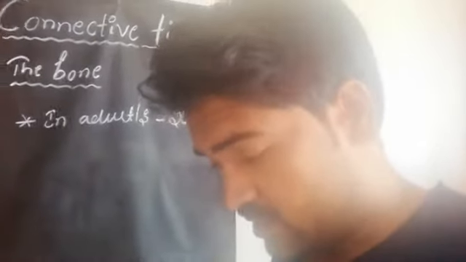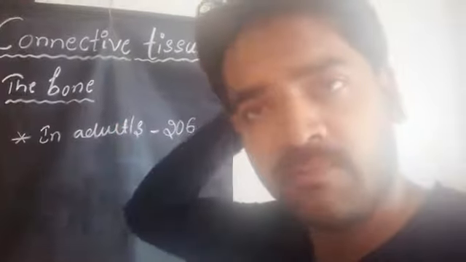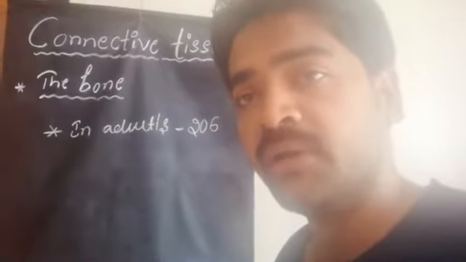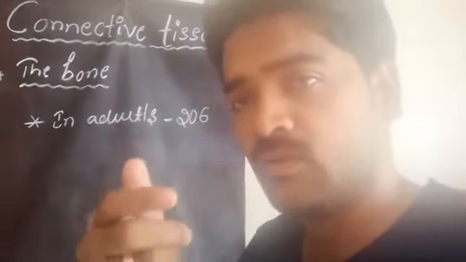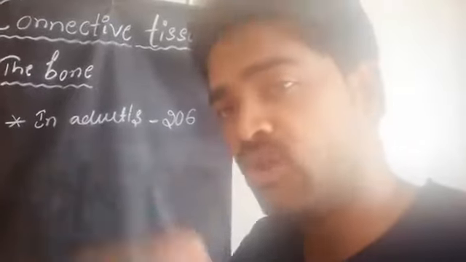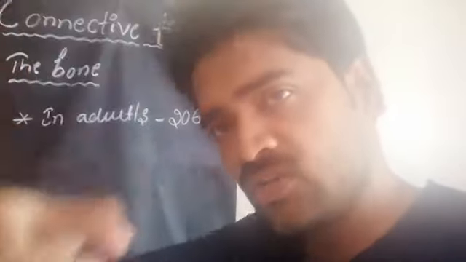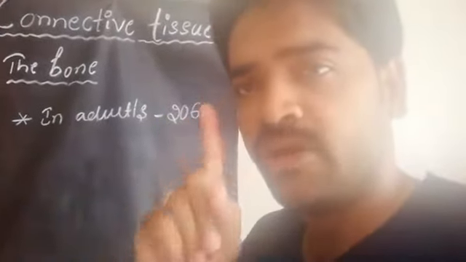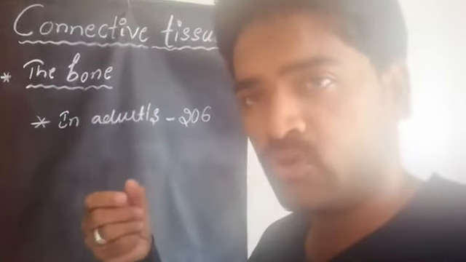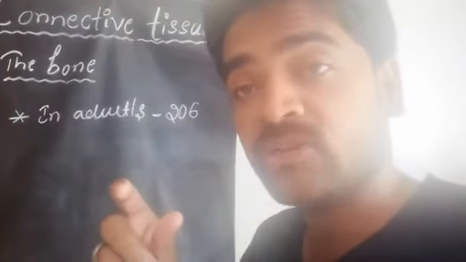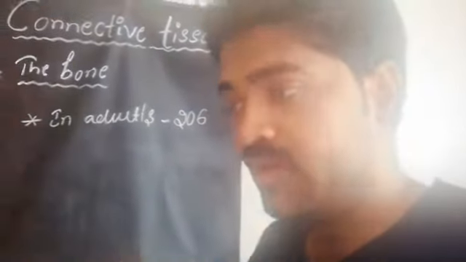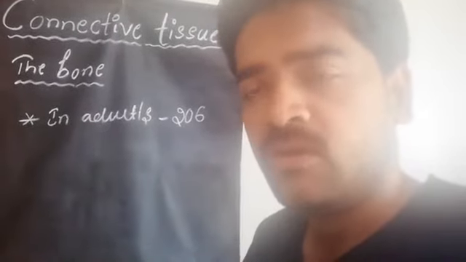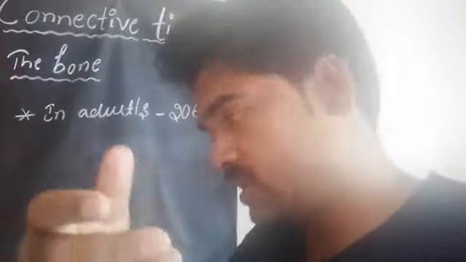You may say, sir, this backbone is the longest bone. No, it is actually made of so many bones. Very different bones are joined together. They make one series of bones, that is called the vertebral column. So it is not only one bone, it is made of a series of bones. It is not actually called the backbone, which is the word we regularly use, but the vertebral column. The vertebral column is made of a series of bones.